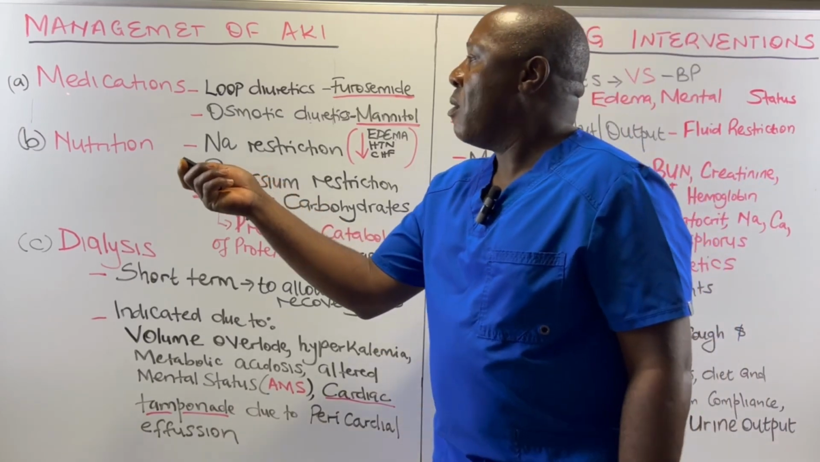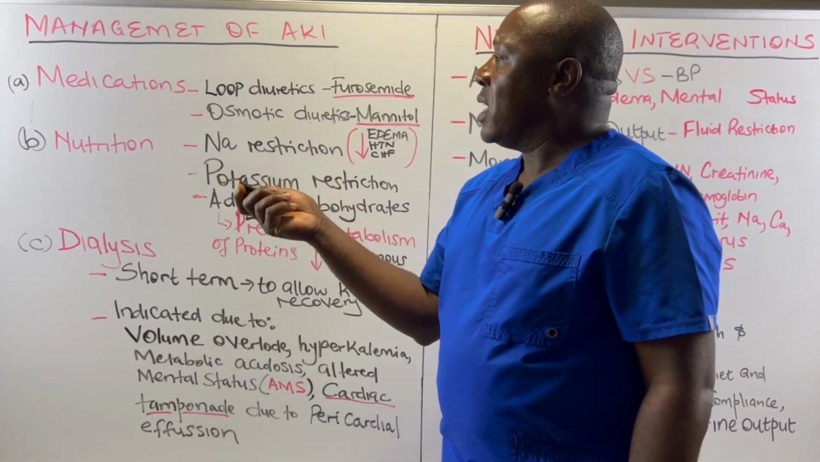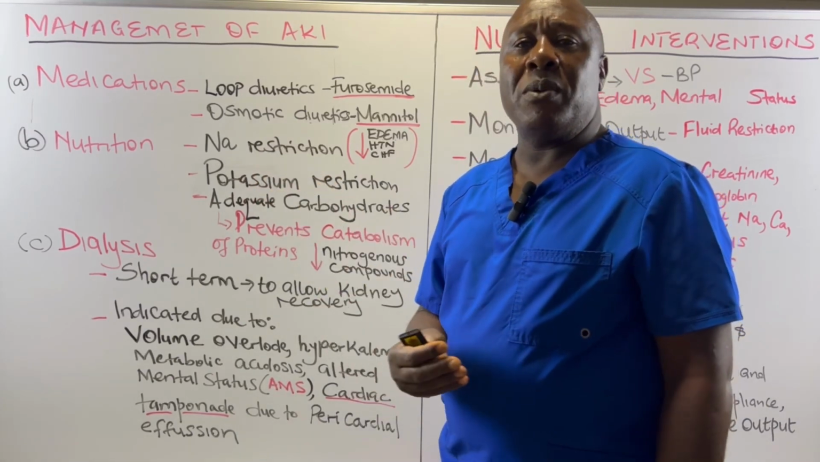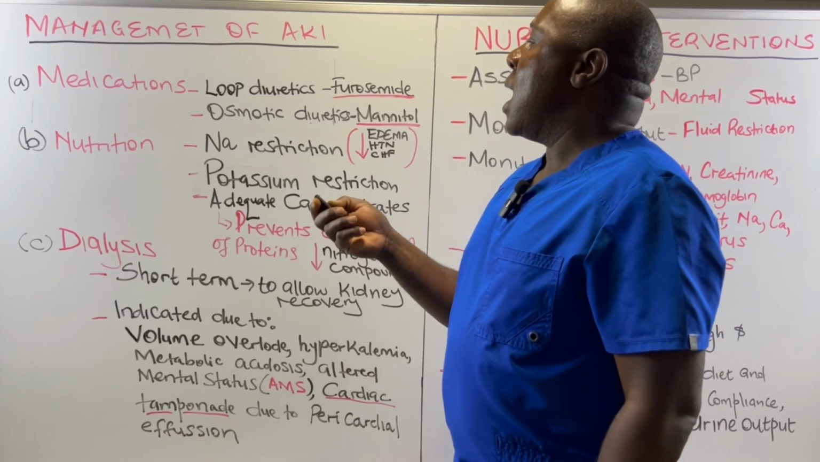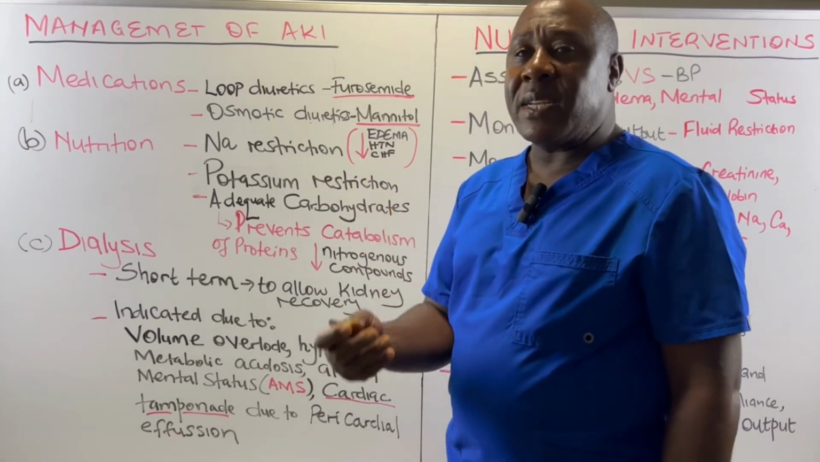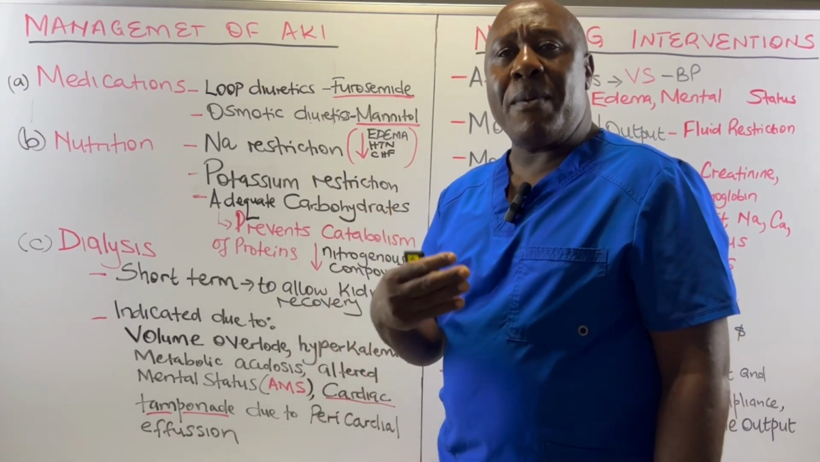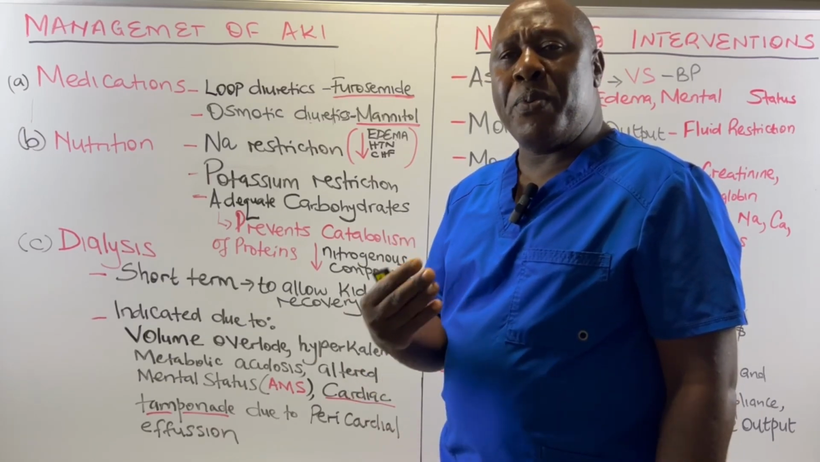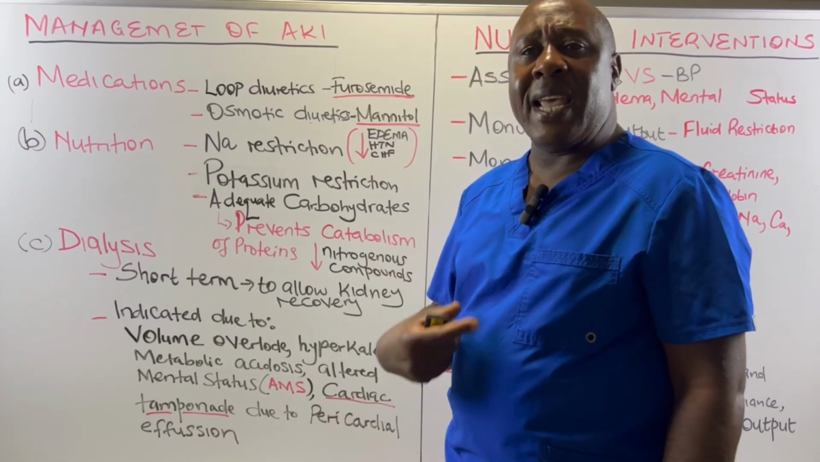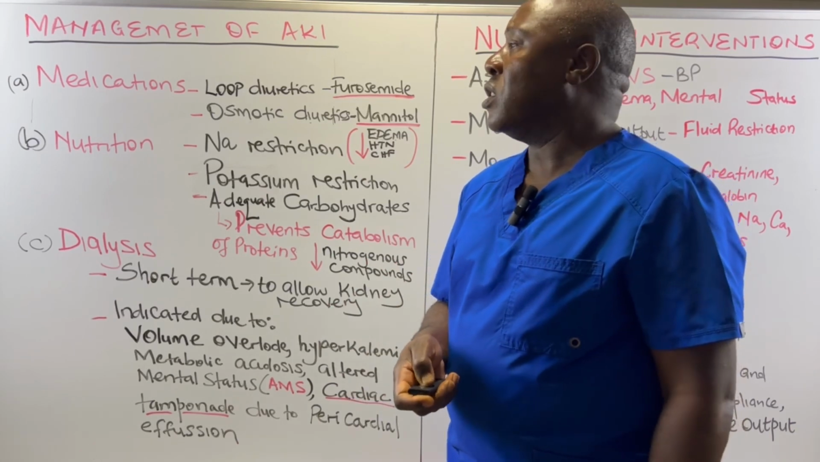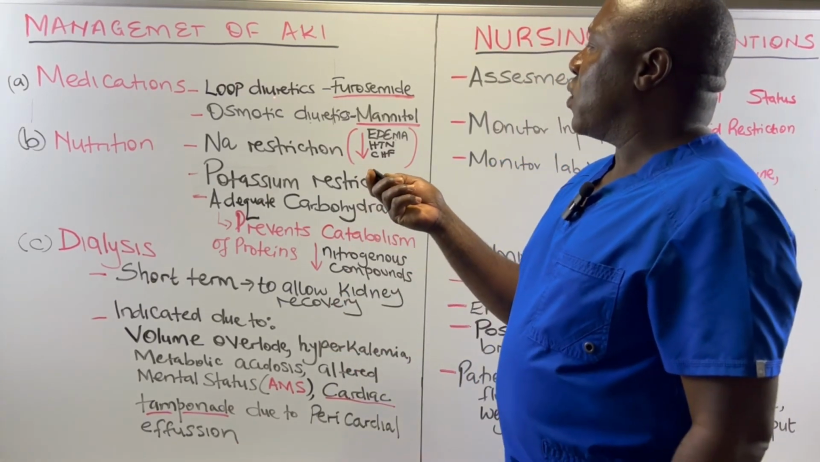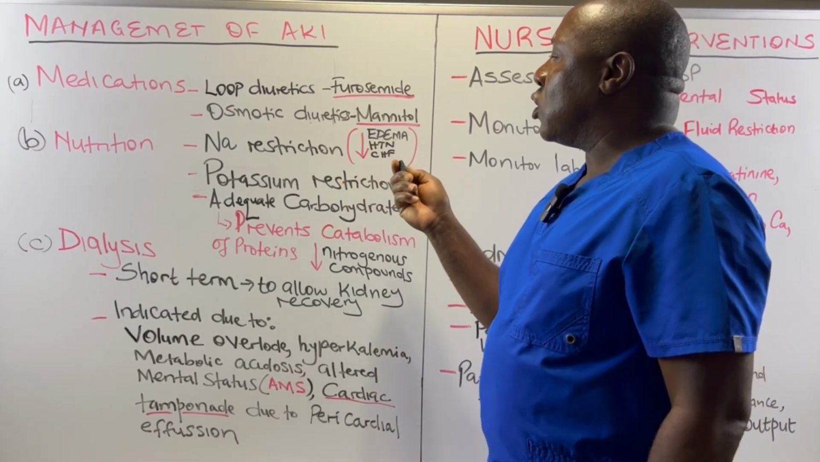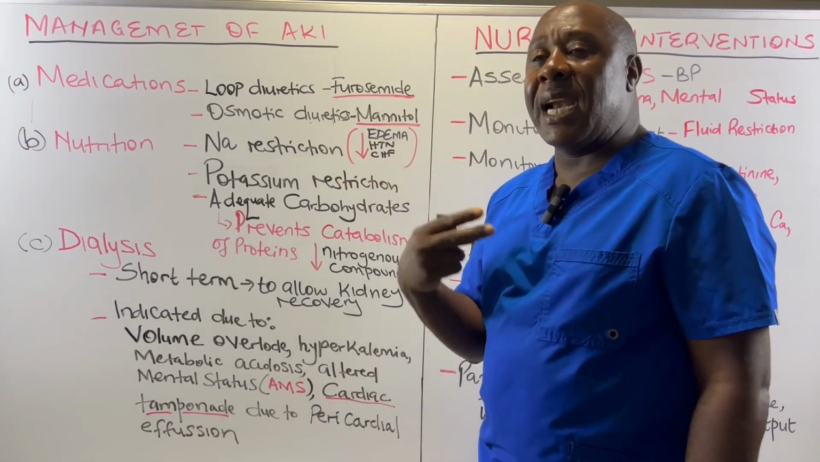One, we have medications. We use medications when managing AKI, and among the most important medications that we use are diuretics. Diuretics are those medications that help us to have a high urination rate. So we pee a lot to try and clear the fluid from our body. Loop diuretics, for example, like Lasix or furosemide, and osmotic diuretics like mannitol are used to help clear the